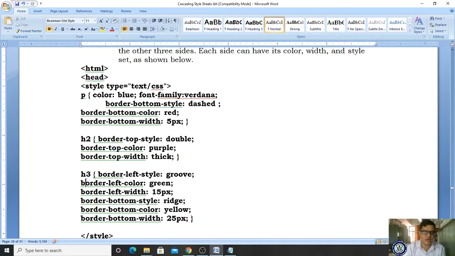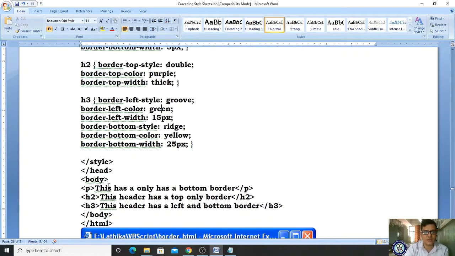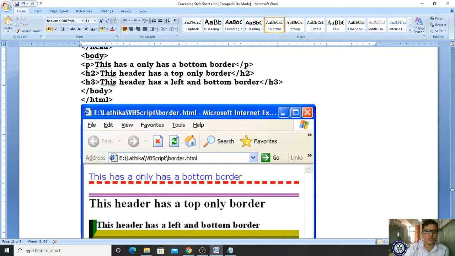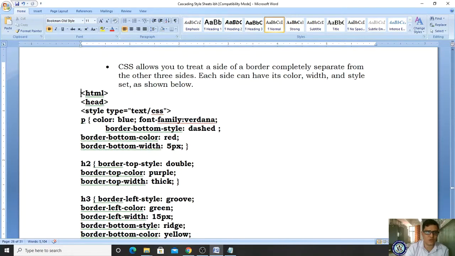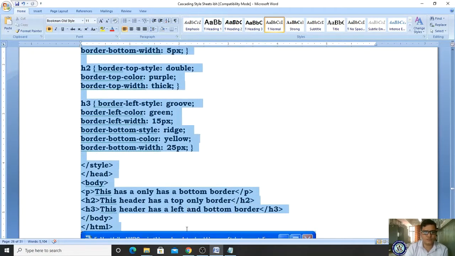Wherever the heading tag 3 is appearing in your body, the border left style is a groove, border left color is green, and so on. Whatever styles you specify, they will appear. Whenever you run your program, it will be displayed like this. Let us see whether it will work or not. Okay, let me copy